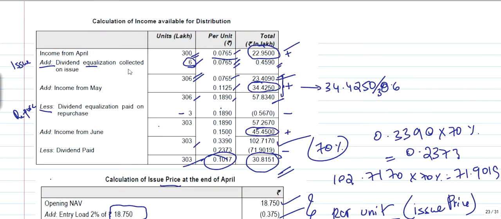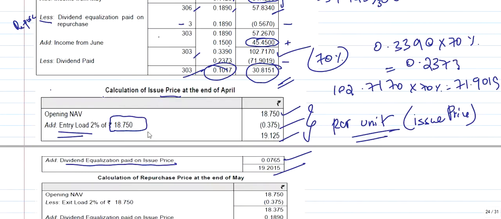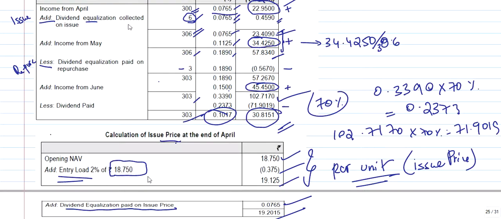So what is NAV? We have to find out the repurchase price at the end of May. Very simple. We know NAV less exit load, as given in the question, 2% is given. Then we have to add the dividend equalization paid on issue price. This is the income for them. So dividend equalization paid on repurchase